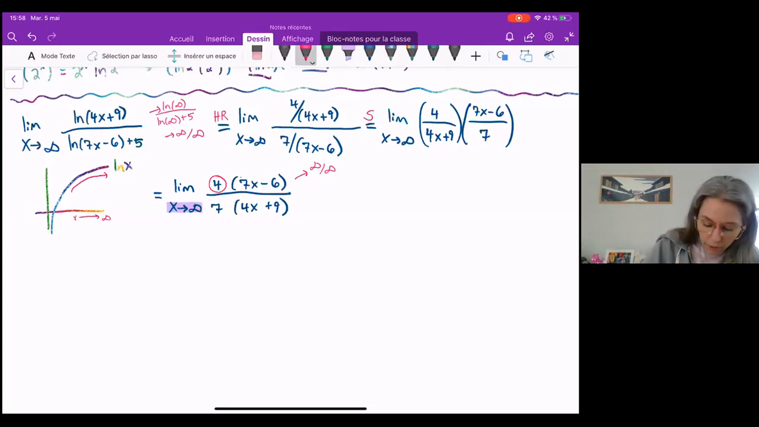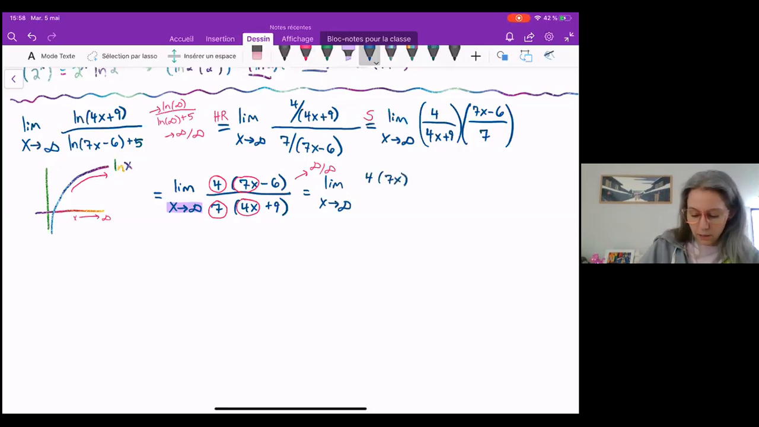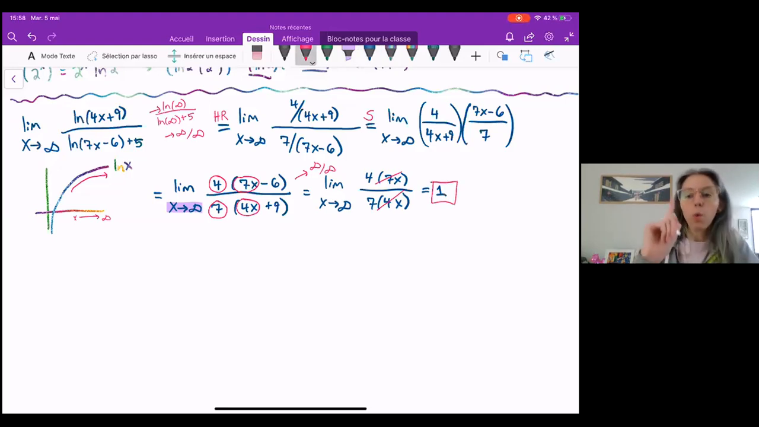So my dominant term on the top is 4 times 7x. My dominant term on the bottom is 7 times 4x. So this is equal to the limit as x approaches infinity of 4 times 7x over 7 times 4x. And notice everything actually just cancels out, and this equals 1. So we were able to get that 1 with one application of L'Hopital's rule just by taking the dominant terms,